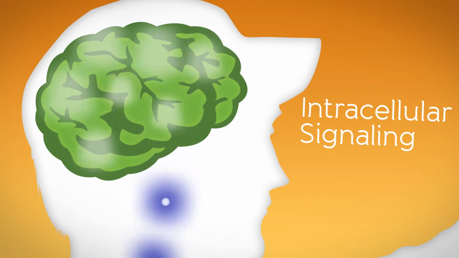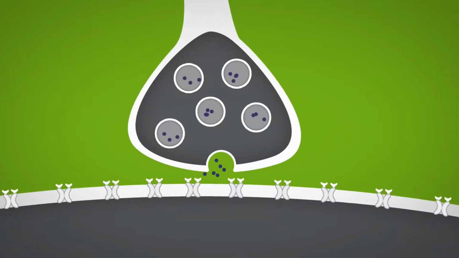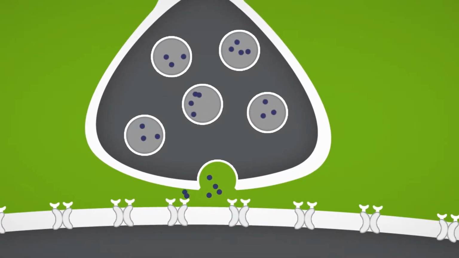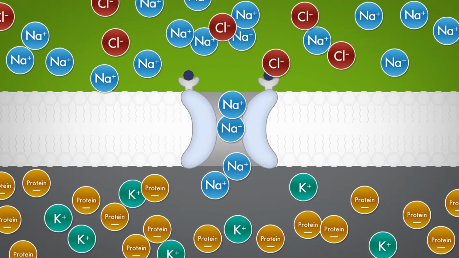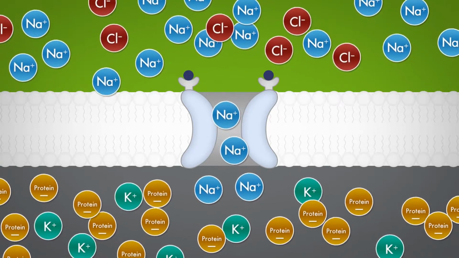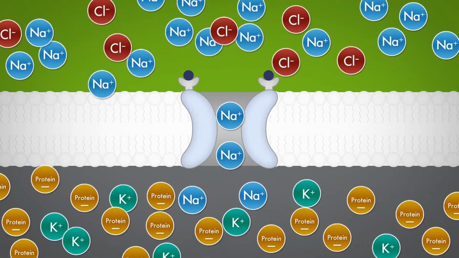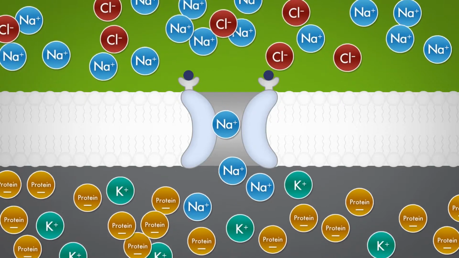But how does this chemical signal get translated to a cellular response that will allow you to escape? The effect of the chemical signal depends largely on the type of receptor to which it binds. Ionotropic receptors are located in the cell membrane and have a pore that allows ions to pass through. Once inside the cell, the ions can alter the local membrane potential and increase or decrease the likelihood of an